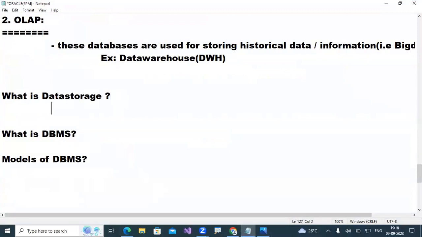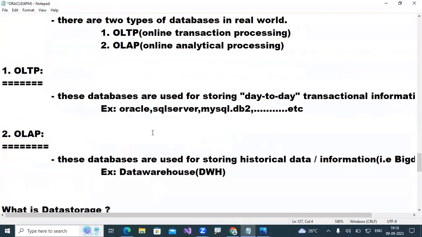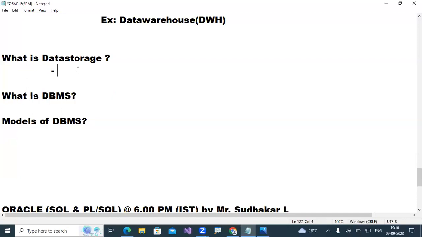The next definition is data storage. And now, guys, somebody is asking, sir, how can you say Oracle is an OLTP database software? Some people have some doubt. I will show you practically, in my projector in front of you, that Oracle comes under TP, not AP. I will show you in the next session, when we go to the Oracle part. So don't worry about it.